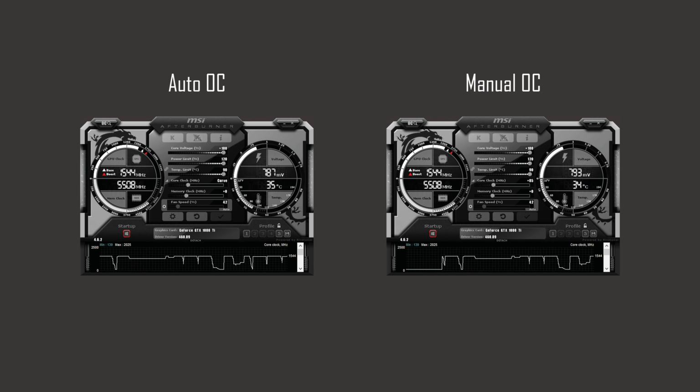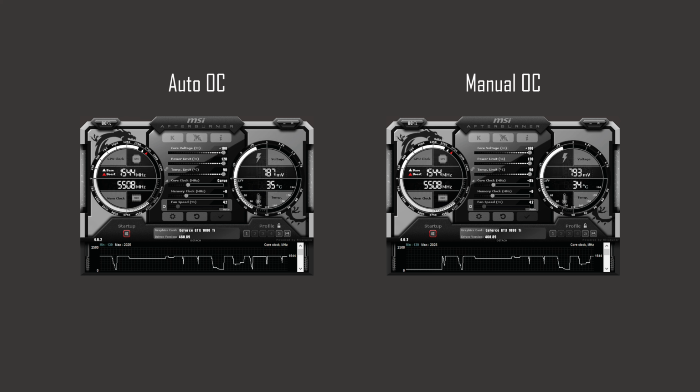How the auto overclocking function from MSI Afterburner works is that firstly you unlock voltage control for your GPU from the settings menu. You then adjust the sliders for voltage, power limit and temperature to the maximum settings possible. This will not damage your card, but it does give you more headroom in order to achieve the best overclock possible. You will see that there is no longer a numerical value for the core clock, but simply a word that says curve. What the auto overclocking function does is dynamically adjust the core clock and voltage of the card